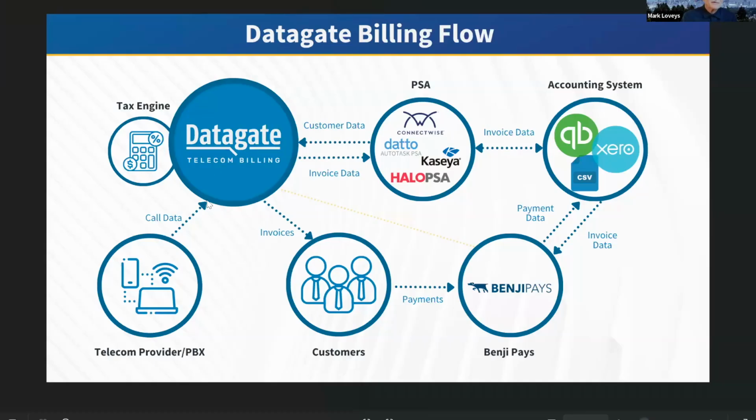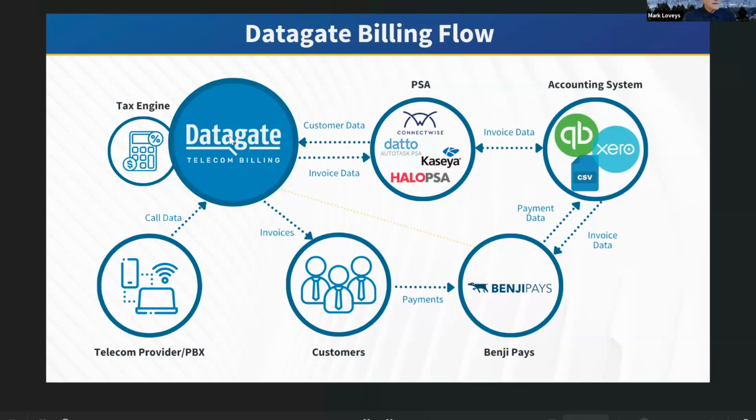Looking back at this diagram, you see how it all works. We call this our 30,000 foot view. You have your telecom environment here. It could be a wholesale white label provider, or it could be a PBX. The CDR call information comes in through Datagate. Datagate is a cloud-based solution running on Microsoft Azure. It's collecting data all the time, so it collects the telecom information and generates the telecom invoice from that.